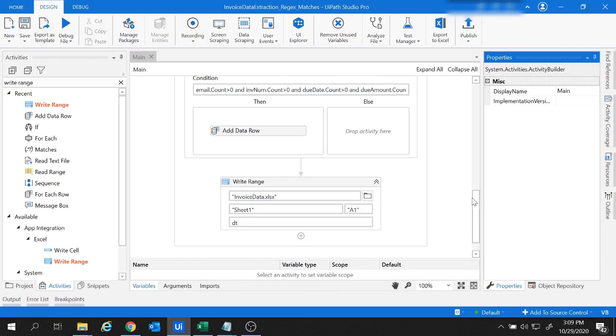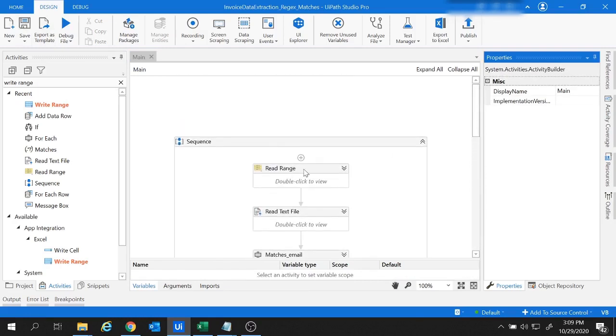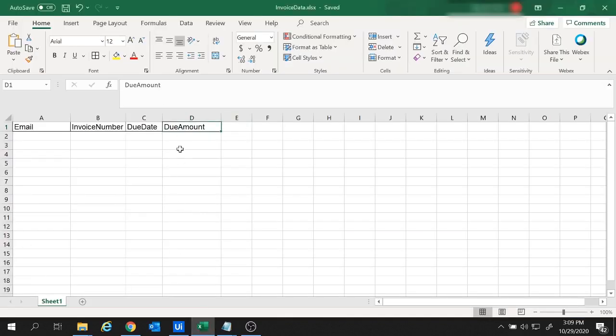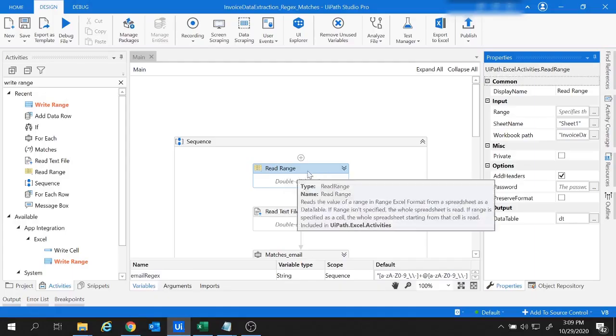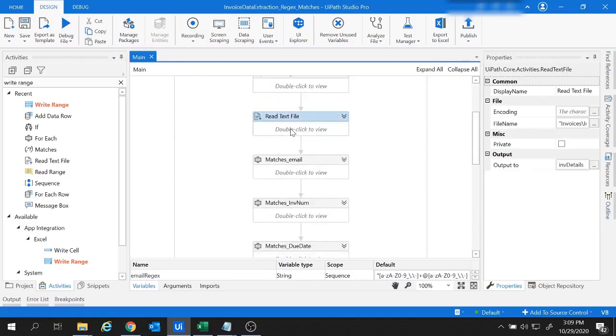So our project is ready. Let me show you what it is going to do. First of all, it reads the headers from the Excel. Since this doesn't contain any data as of now, it only contains headers. So first of all, it's going to read the headers from the Excel and store them in data table DT. Then it's going to read the text file invoice 1 and store the text from the file inside